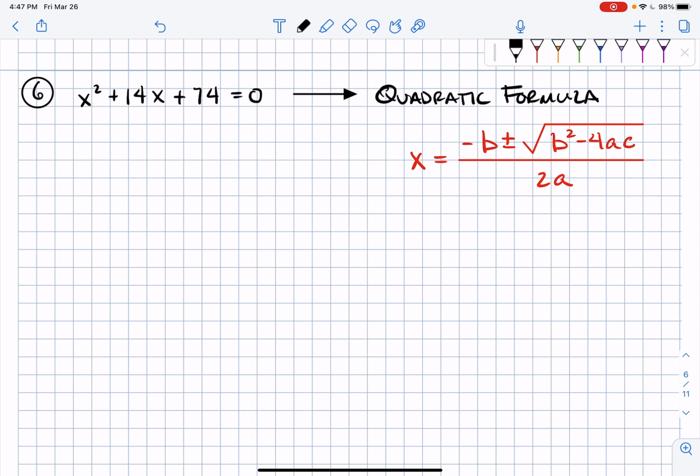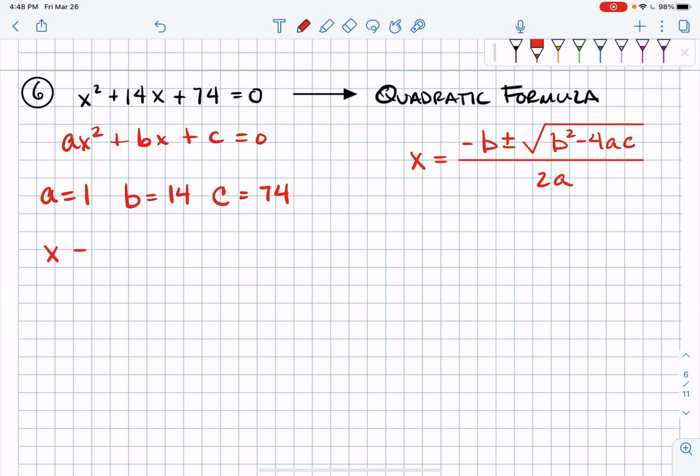All right, so with the quadratic formula, what I gotta do is look at ax squared plus bx plus c is equal to 0. So I gotta identify my a. So this one, the a is gonna equal 1. The b is gonna equal positive 14, and the c is gonna equal positive 74. All right, so here we go. x is equal to -b, means negate b. So that's going to be -14 plus or minus the square root of